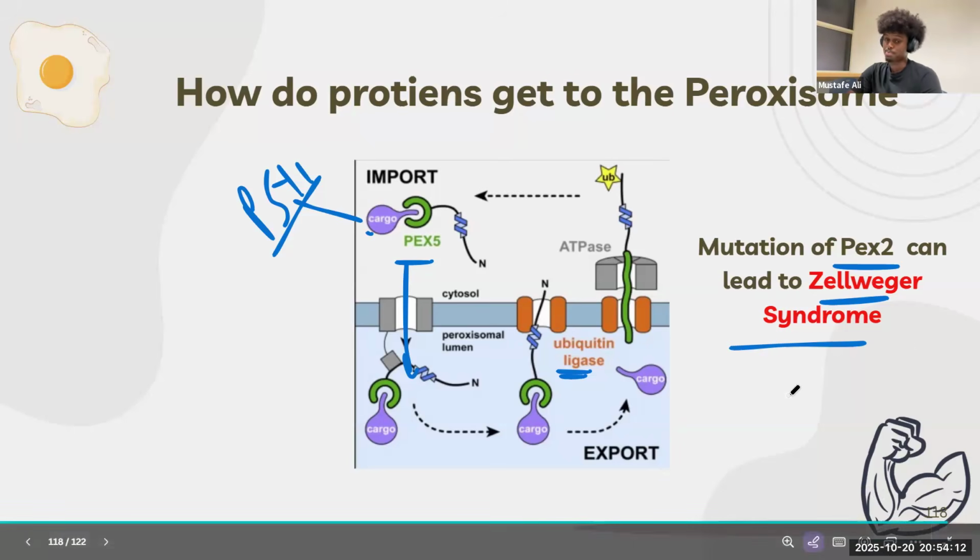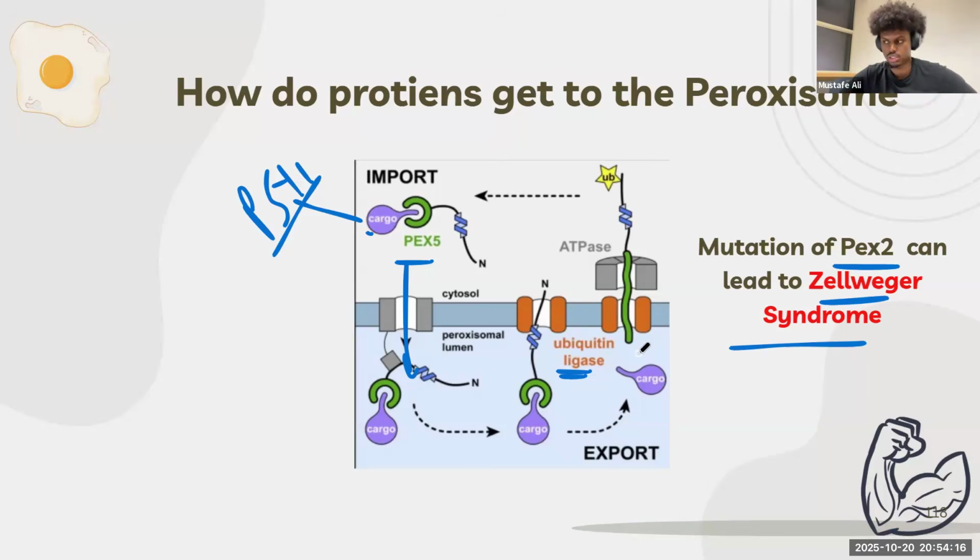Now, if they say PEX5, I would say that it would not cause Zellweger syndrome. That would be a very weird question. But if all of the choices are very weird and the only one you recognize is Zellweger syndrome, then put Zellweger syndrome. If the answer is literally saying there will be lack of proteins getting into the peroxisome, then put that answer, because PEX5 is responsible for transporting proteins into the peroxisome. Okay? That's its main function.